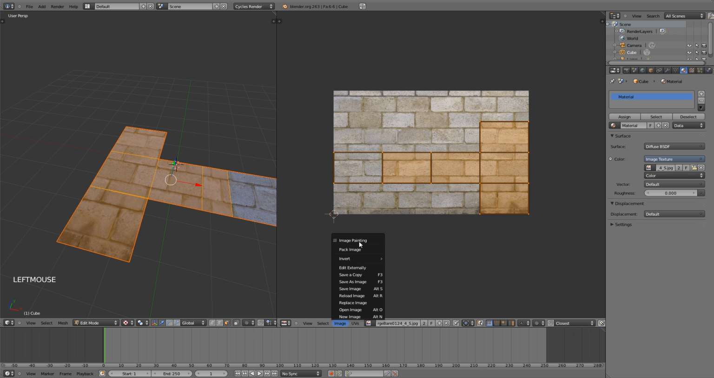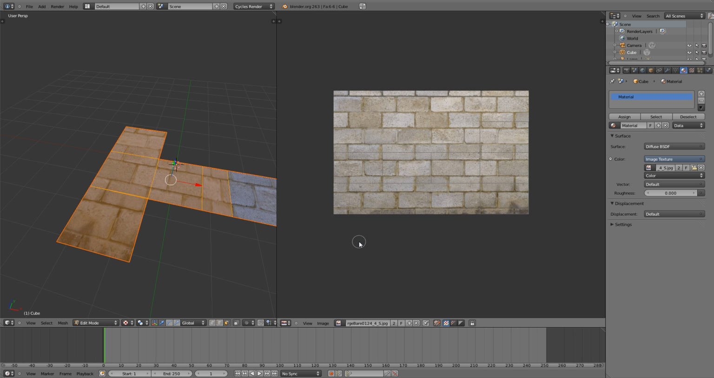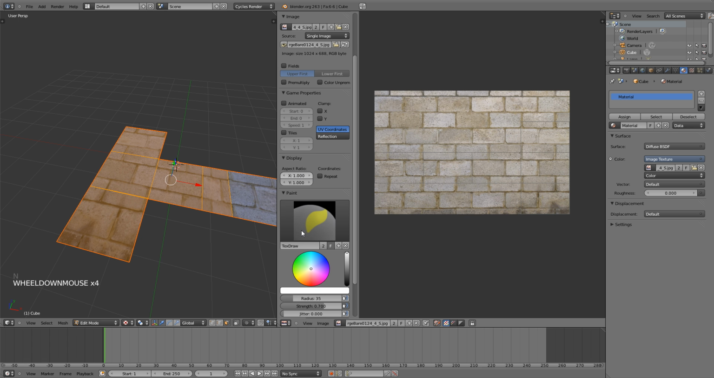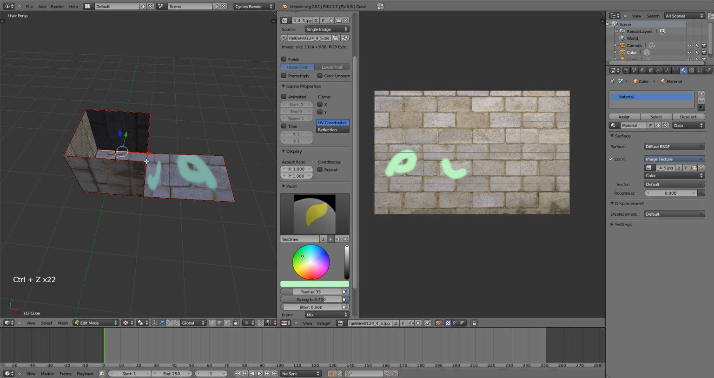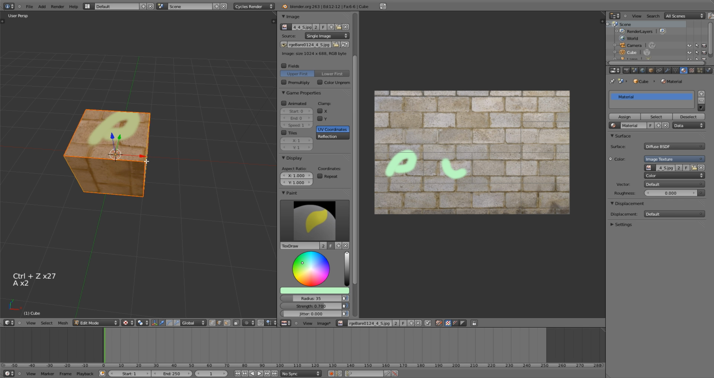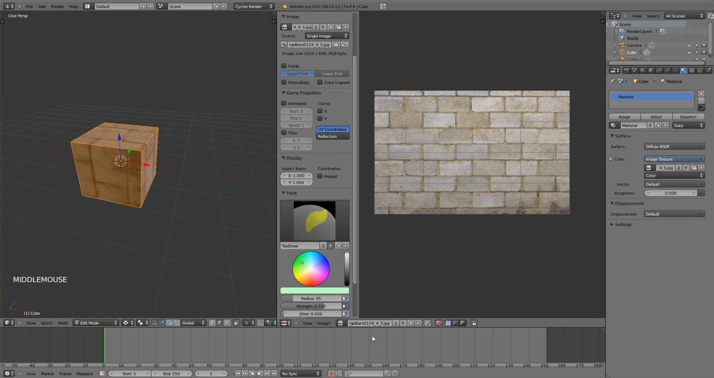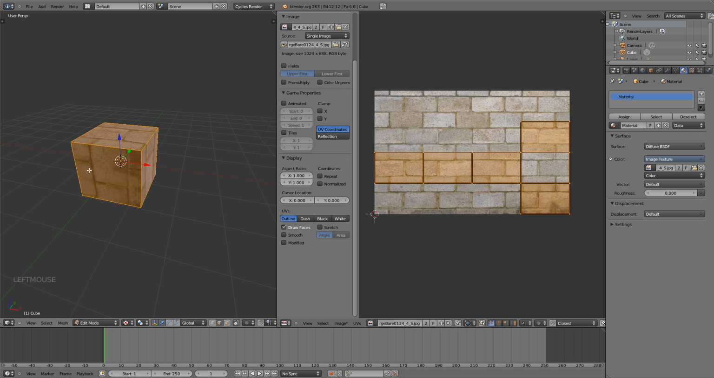Now another reason to add seams and unwrap it this way is because if you go over here and click on image and then select image painting, hit N to bring up the properties and just pick any color and draw on it, you can see that you can draw on whichever face you want. But if I go over here and undo all of this, clear all the seams, and then undo the painting,